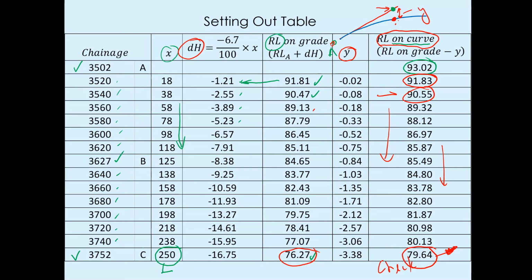Alright, so it's quite straightforward. It's just understanding what is what: what is the difference in height, and what we meant by reduced level on the grid and reduced level on the curve. So what we will require at the end of the day would be, sorry, what I'm trying to say is the reduced level on the curve. So that'll be the